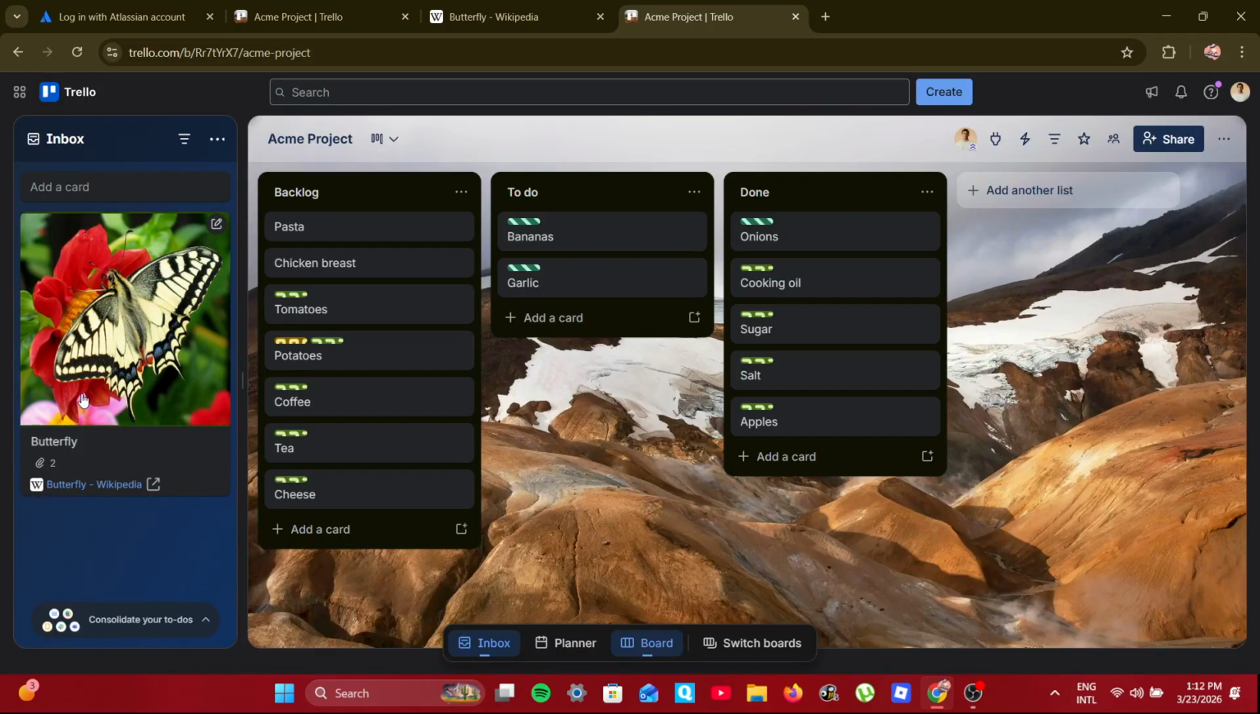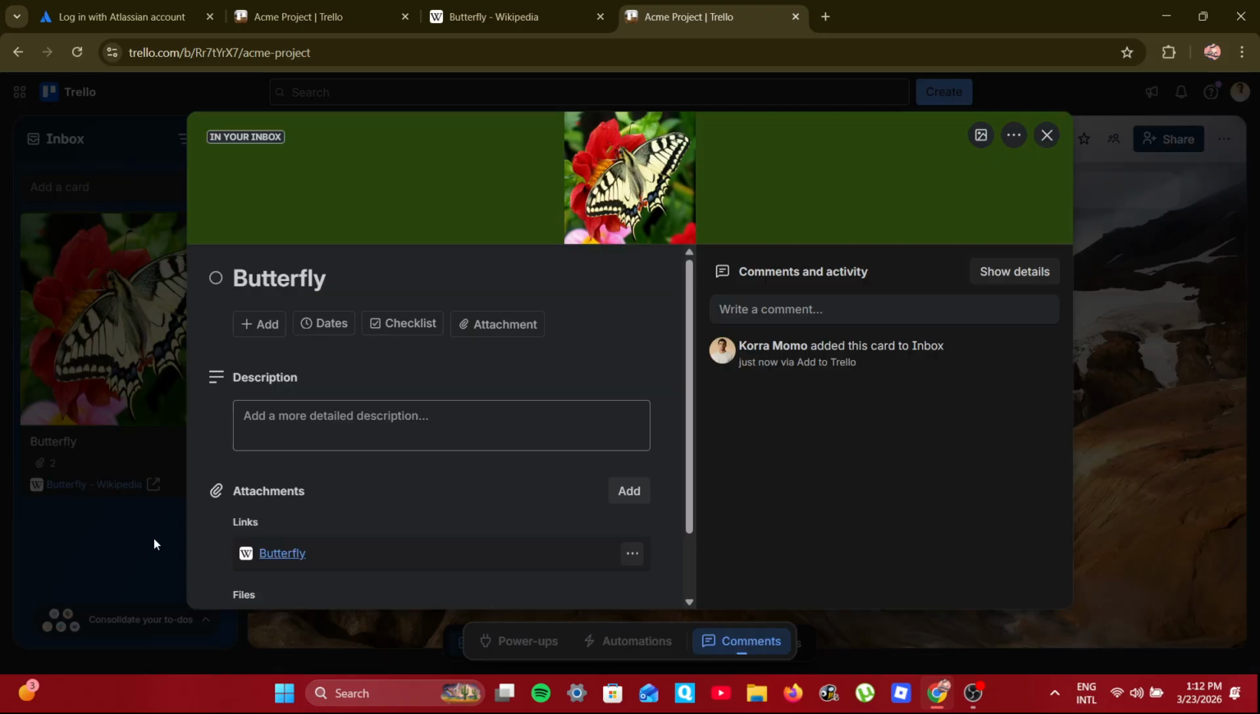That's all there is to it. The main advantage of using the browser extension is speed. You can save something the moment you find it, instead of telling yourself you'll come back later and then forgetting. If you use Trello to organize research, inspiration, tasks, or content ideas,